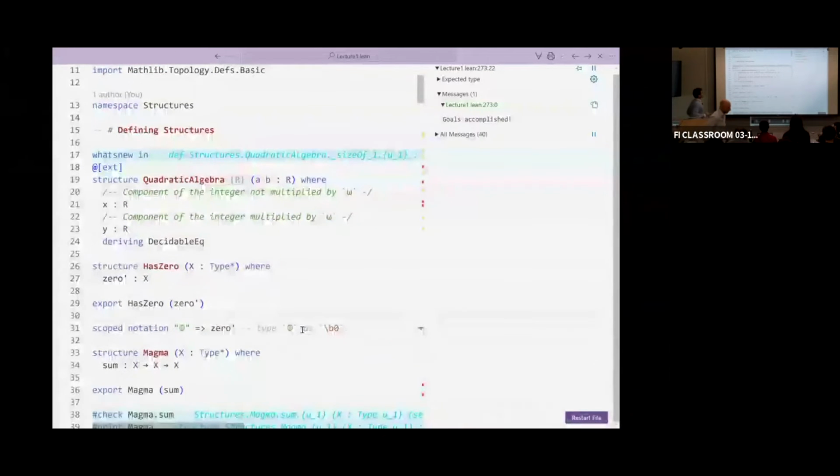Okay, this quadratic algebra. This is the thing that Antoine discussed this morning, I suppose. His idea was, I take R, which is a ring, I take two elements in the ring, and he wanted to construct a quadratic algebra obtained by adjoining the roots of x squared plus ax plus b to R. And he said, well, I define this just as a structure, a pair of elements in R. So think of the Gaussian integers or just the complex numbers as an R-algebra.